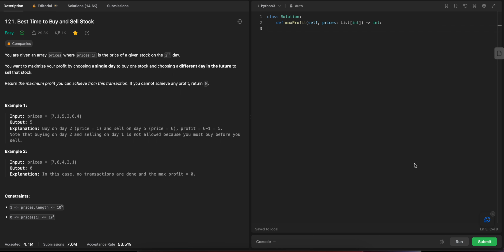Let's solve LeetCode problem 121, best time to buy and sell stock. This is a fairly easy problem and we only have to subtract the minimum value so far from the current value. Let's start with the implementation by declaring